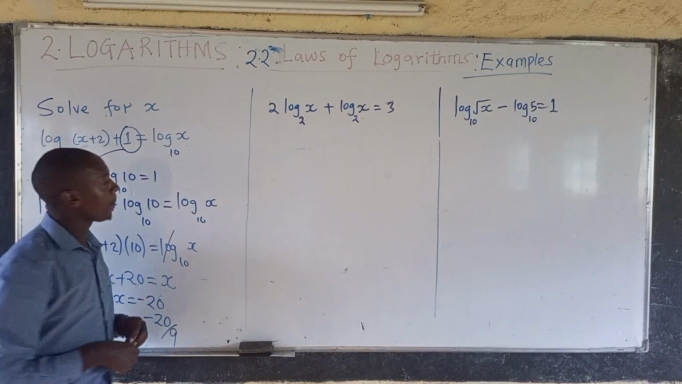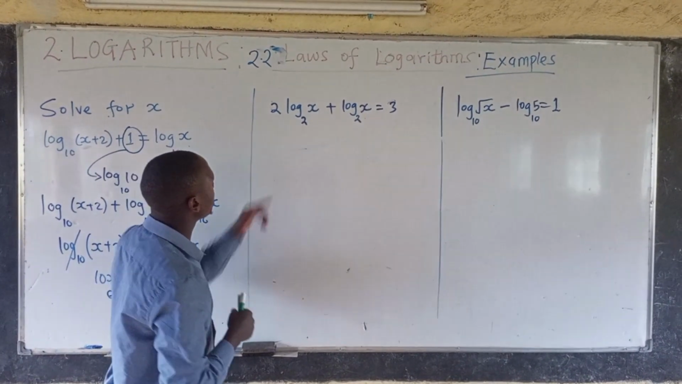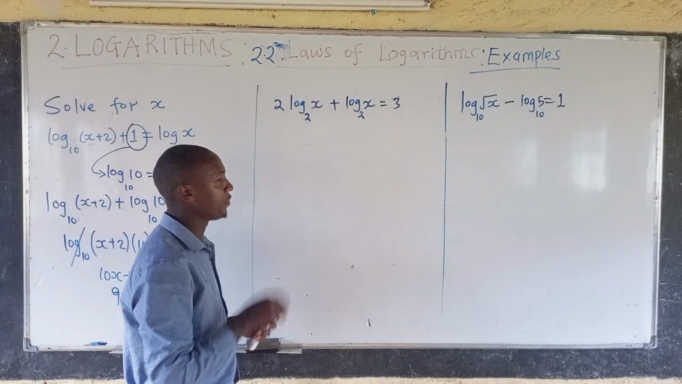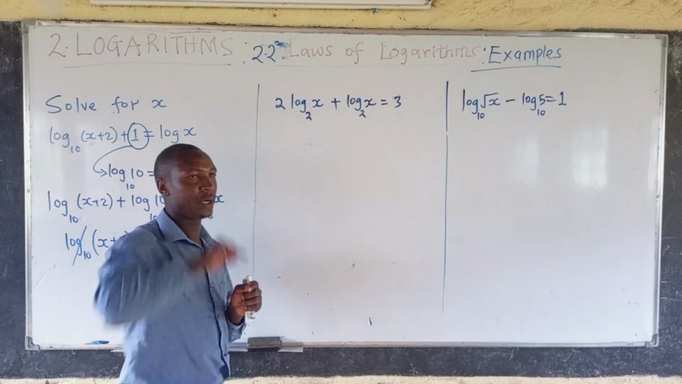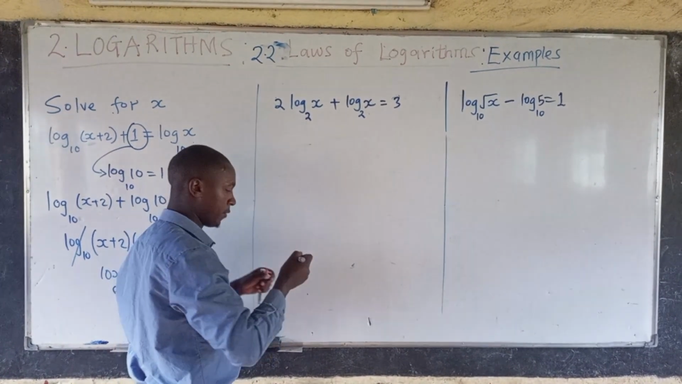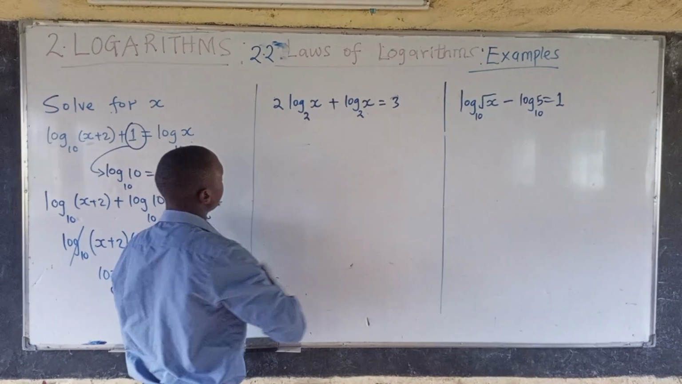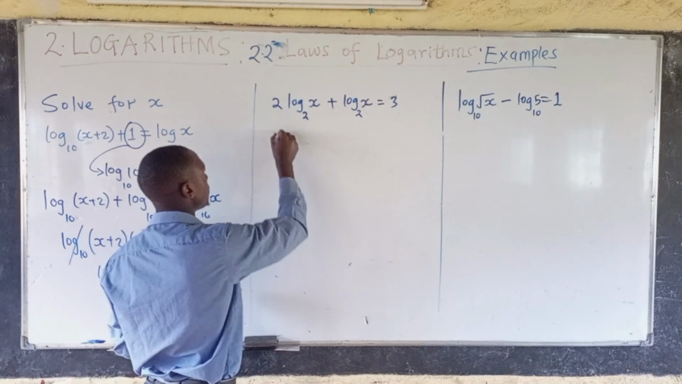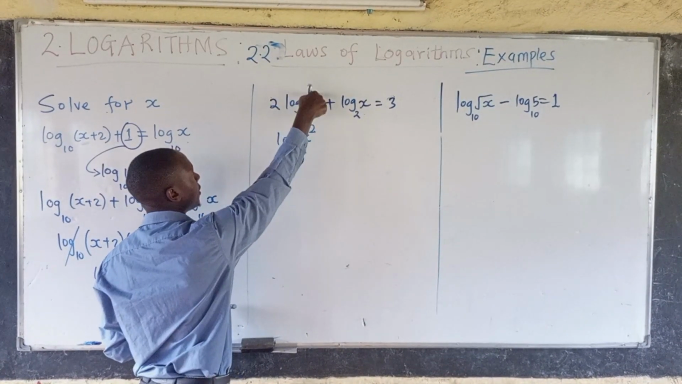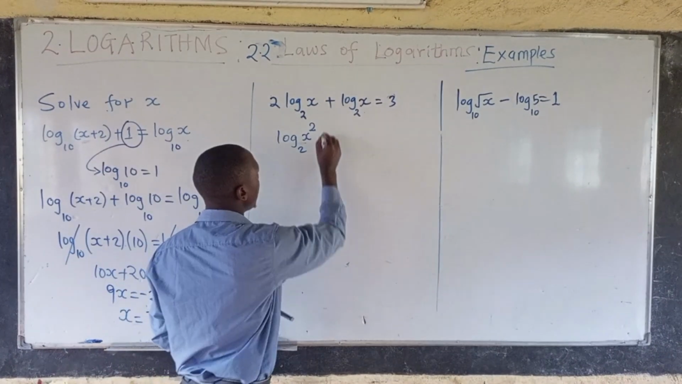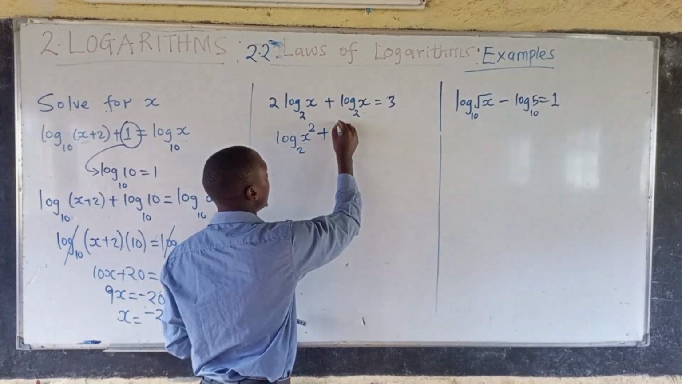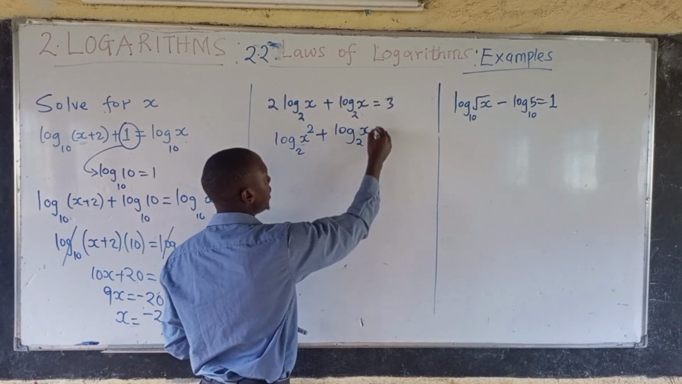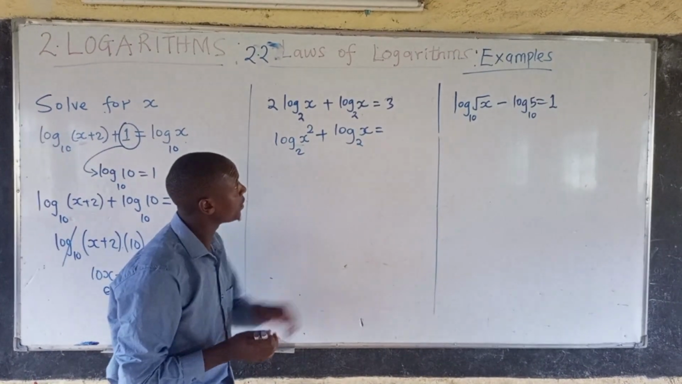On to the second example. In this example, we notice that we have a number that is multiplied by a log. Of course, that is easy. If you have a number multiplied by the log, then you can make it a power from the law of powers. So let me do that very fast. You're going to have log of x to base 2, power 2. So this number, we have brought it as a power. Then we're going to have log of x to base 2 is equal to